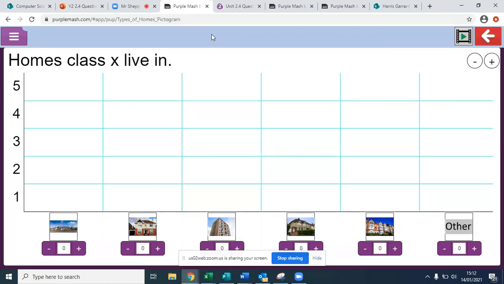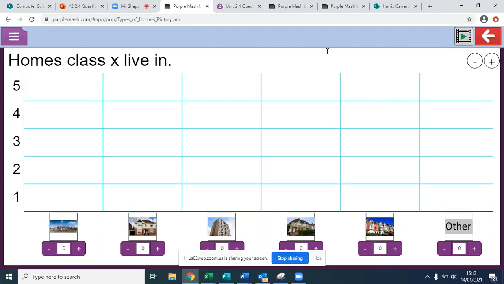Now, when you do that, be really safe. Make sure you go out there with an adult and try and identify some of those different households we were talking about: the semi-detached, the detached, the flats, the terraced, or possibly other types of homes, and collate as many as you can find. Now, if you go into your Purple Mash, into your to-dos, you will find this page